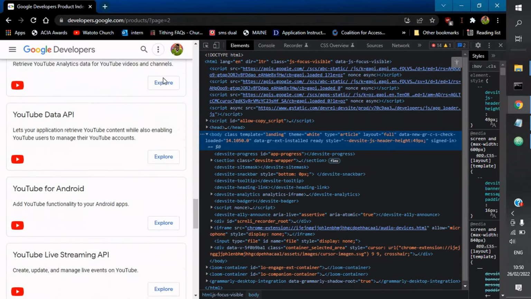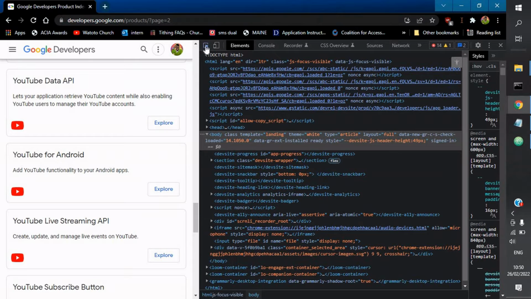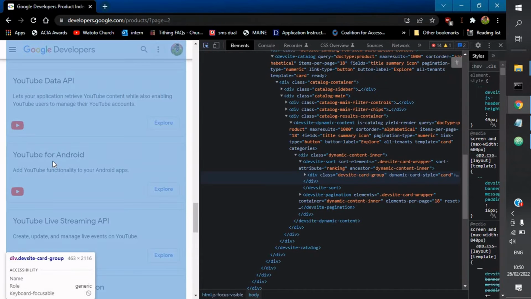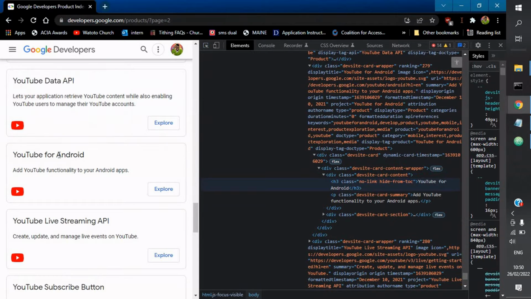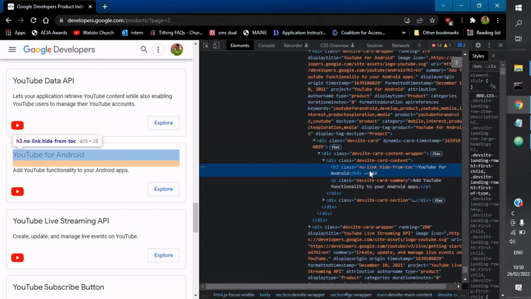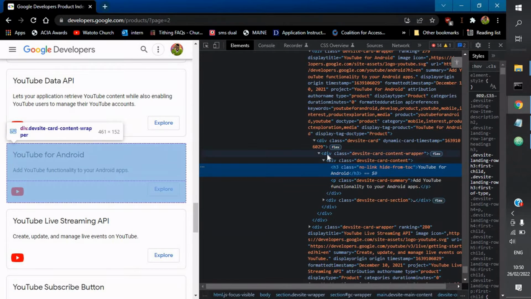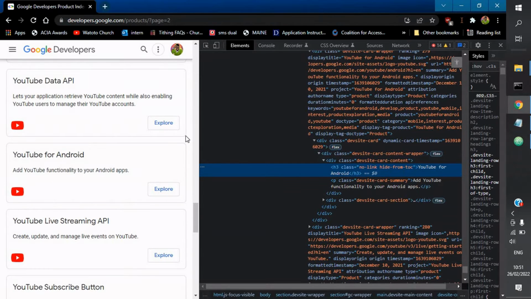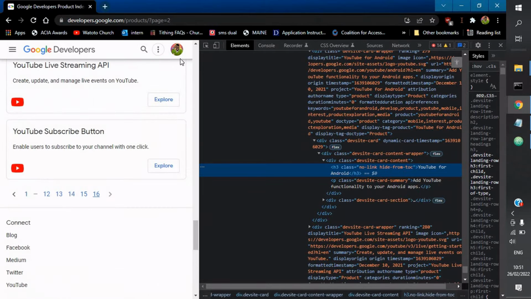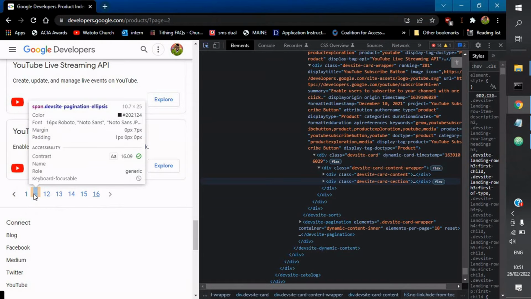If I click on this little icon that allows me to select something from the DOM, and I click here, it will tell me the class that we have here, YouTube for Android. It is an H3. It is actually living inside that div, that is a dev site add content wrapper. Then I click back here, then I click on maybe